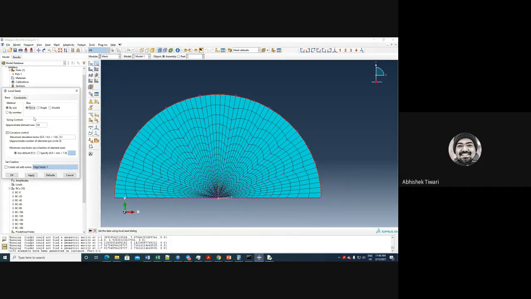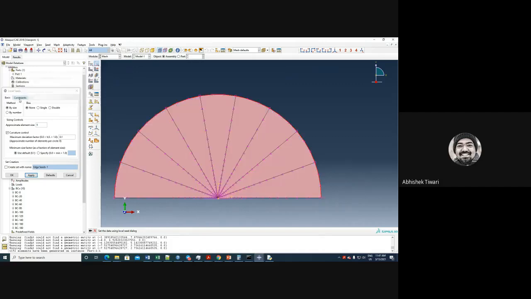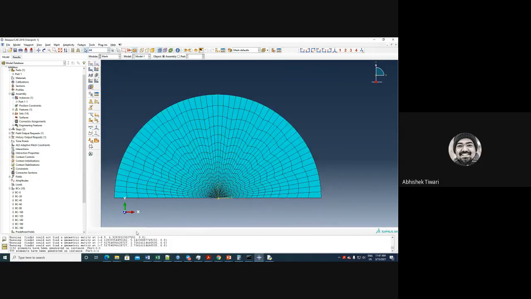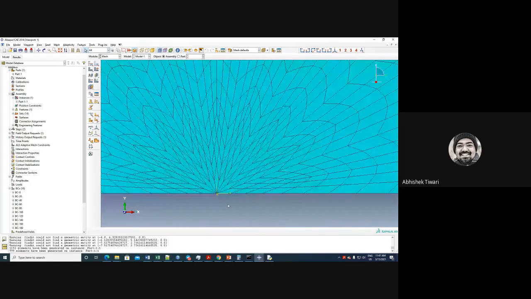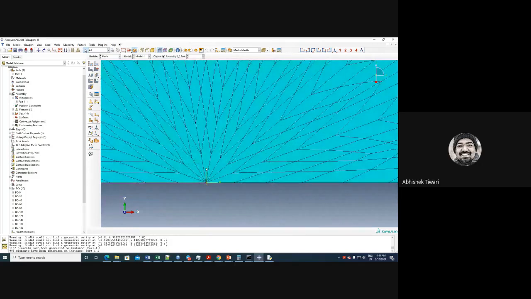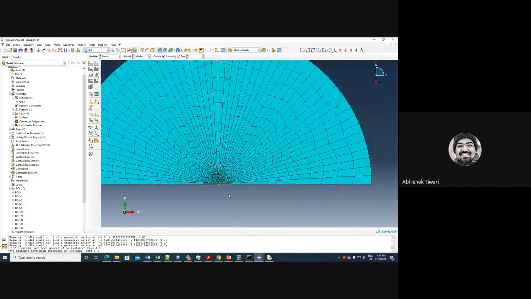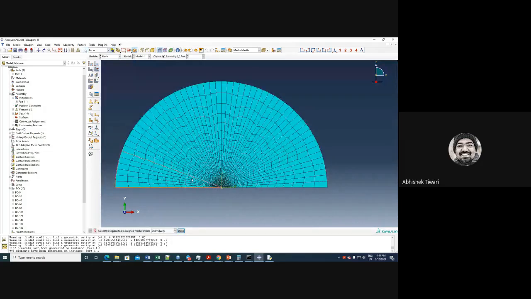So here I want single, and I want this is 20 degrees. No, so if I give one, how much it is? वन में एक दो तीन एलिमेंट बन रहा है, तो 0.5 के 6 बनेगा. Looks okay. Let us see. Still not good. This is bad mesh, and it is happening because of this thing here. This is not good. But anyways, it doesn't matter.